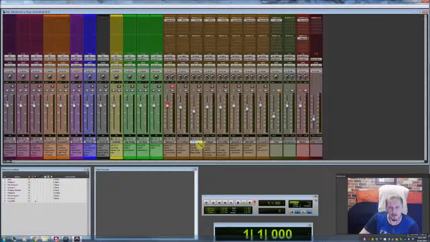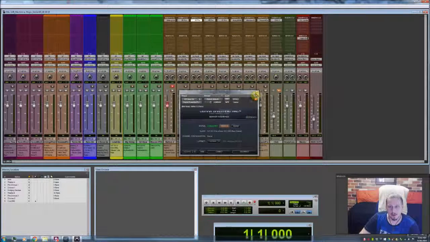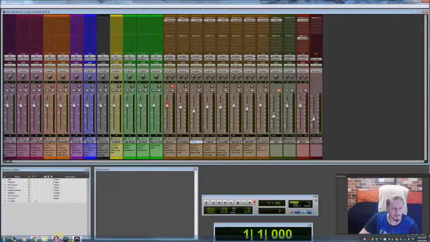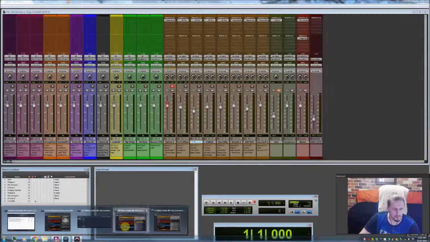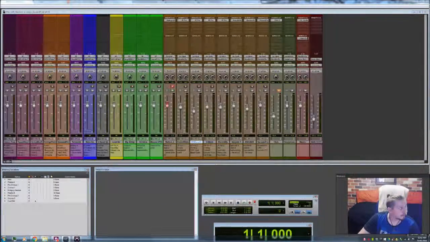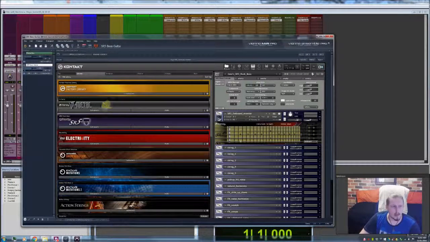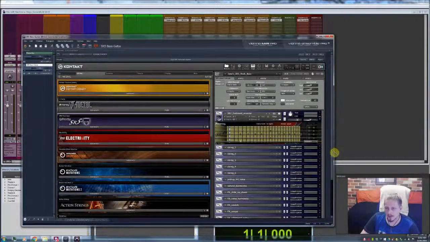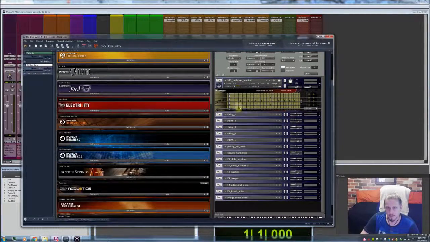Then you've got here the SR5 bass guitar, which is in this Vienna Ensemble instance, and this instrument is made by Prominy, and it's a really cool virtual instrument simulating a bass guitar. It's a sampled bass guitar, Stingray 5-string, and it's a really cool instrument.